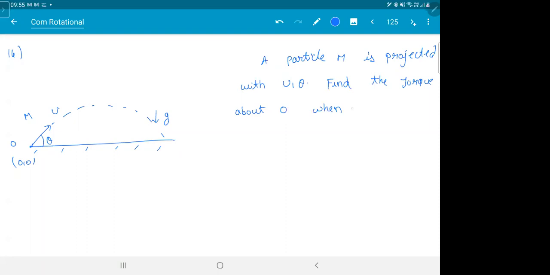Find the torque about O when it is at h max. So when the particle is at h max, when the particle is landing on the ground,